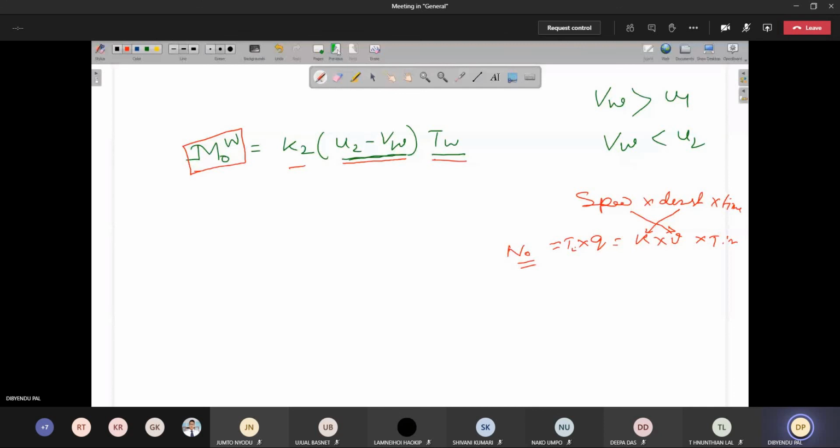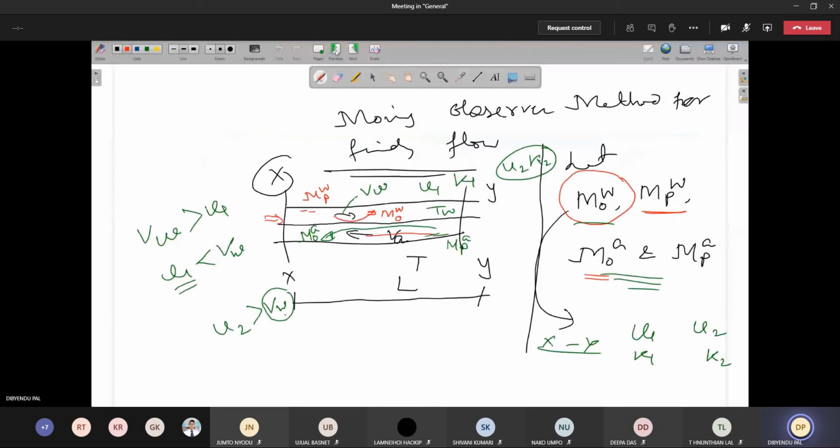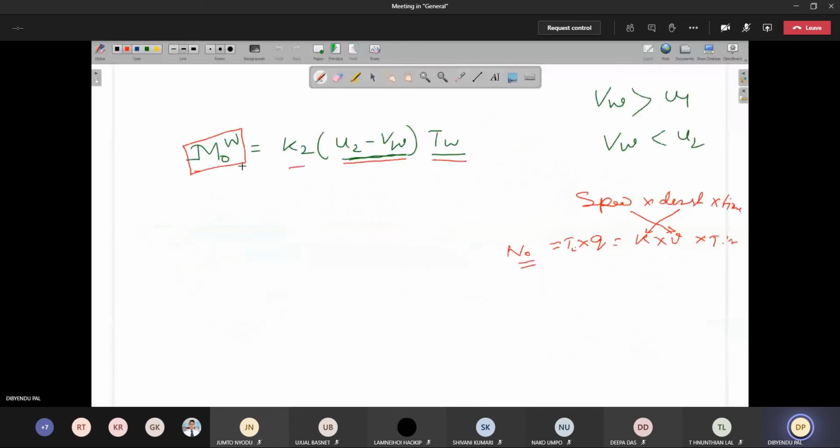That we have written earlier. If you see the previous slides, MOW is the number of vehicles that has overtaken the test vehicle while the test vehicle was moving with the stream. That is nothing but the density of the vehicles which have overtaken, multiplied by the time and multiplied by the relative speed, because the relative speed was higher, that's why they have overtaken. So this is how we can calculate.